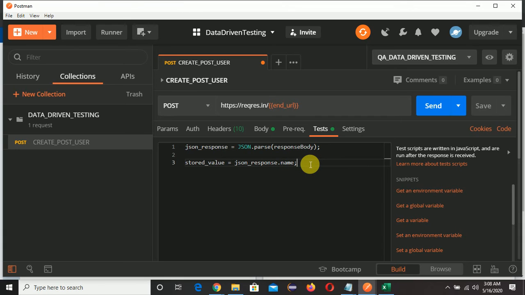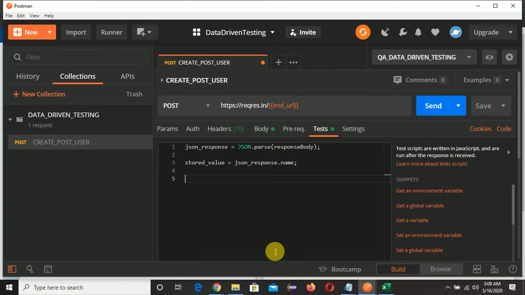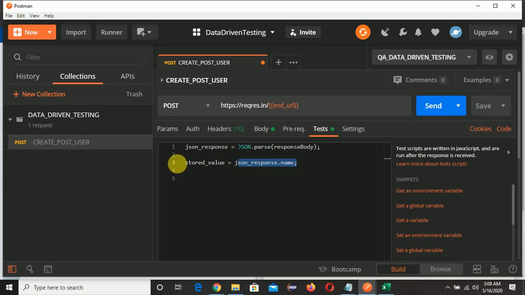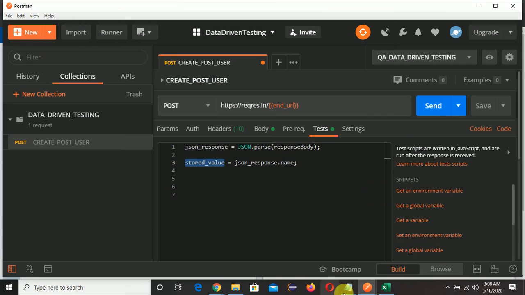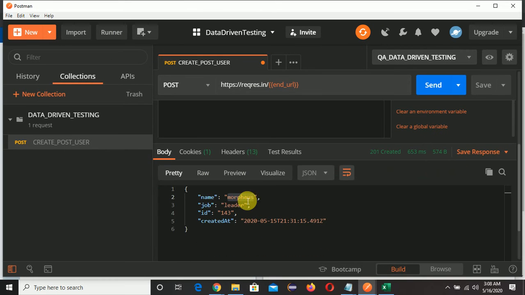So this value we have fetched. Morpheus is here in the stored value, right? Now we need to compare. We need to compare this stored value with the outside JSON file, whether this name Morpheus is the same as our JSON response or not.